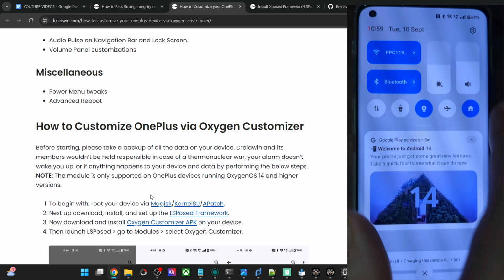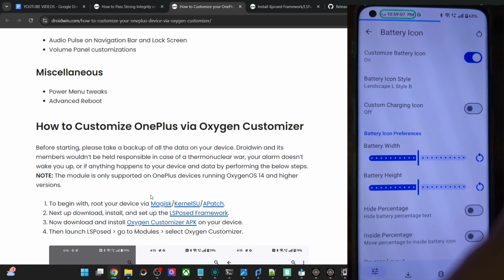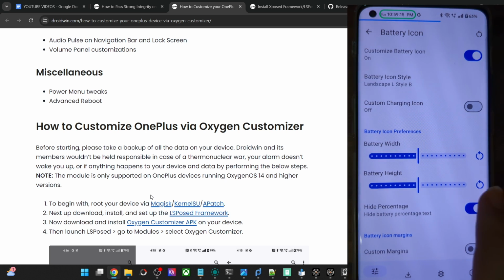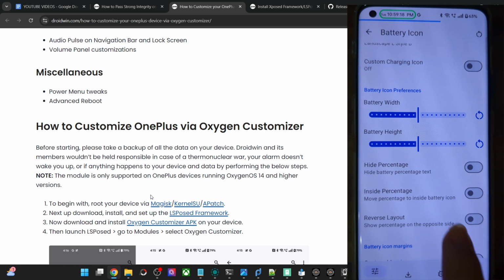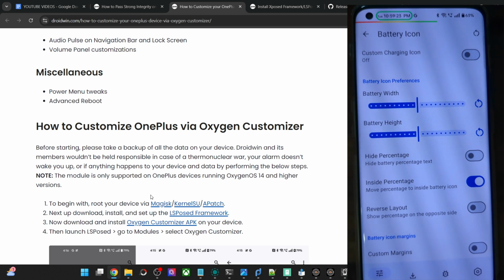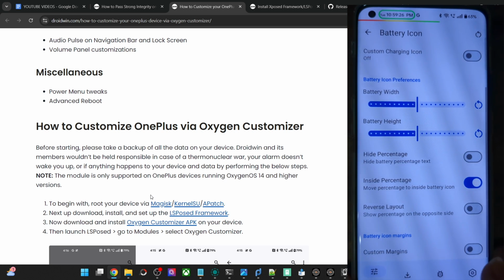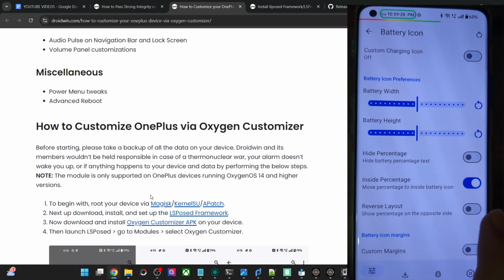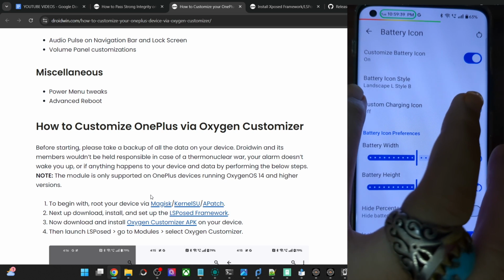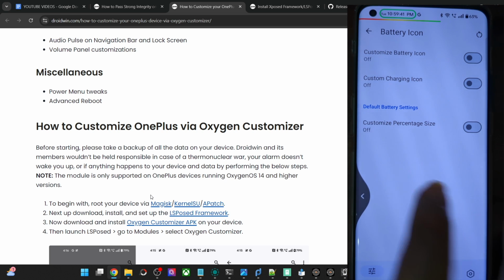and for some reason the change is only slightly visible. As you could see, you may increase or decrease the battery width and height as well. Hide the battery percentage if you want, or show it. In my case I always keep it visible. Or you may also move it inside the battery section. Let me remove the USB charging, and then you may customize the margin of it, reverse the layout of the battery as well, and hide the battery percentage if you want, or show it. So currently I made it hidden. Then let's turn it off for now.